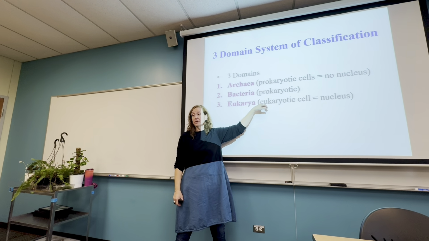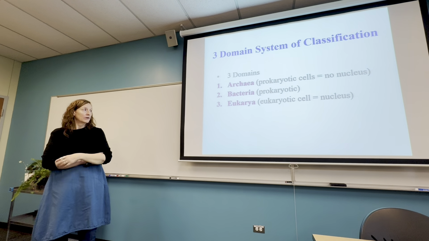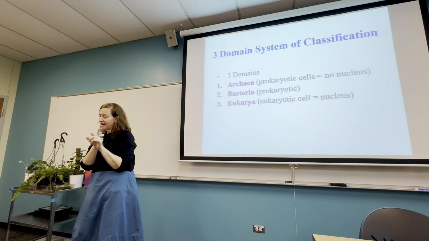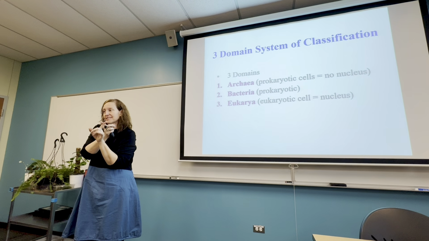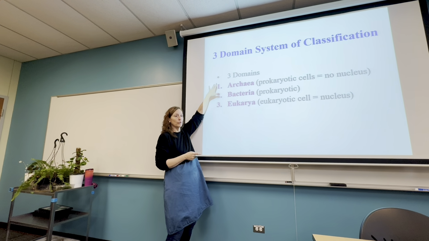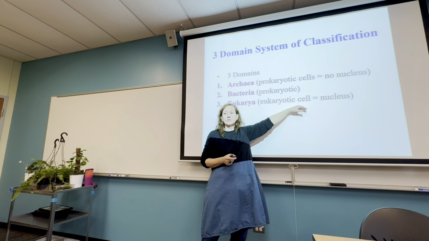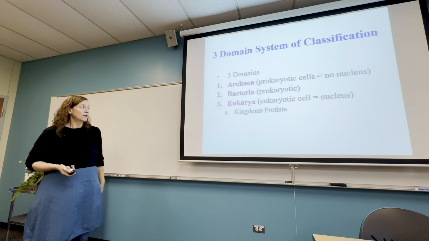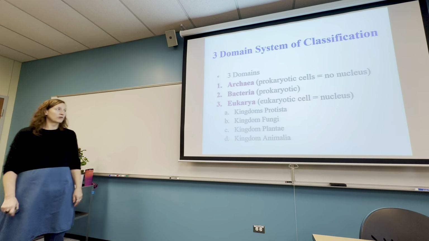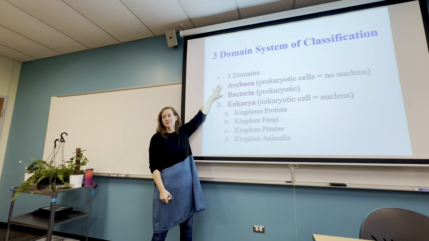Eu means true karyotic nucleus, so they have a nucleus. Remember, on our clock, even after about halfway through our clock, the eukarya start to evolve. So the prokaryotes, the bacteria and archaea, have been around for about 2 billion years by themselves before you have mutations that give rise to membranes and eventually the nucleus. And just showing you that the only kingdoms that are named as of yet are underneath the eukarya. It is not to say these don't have kingdoms, but they're just not named yet.